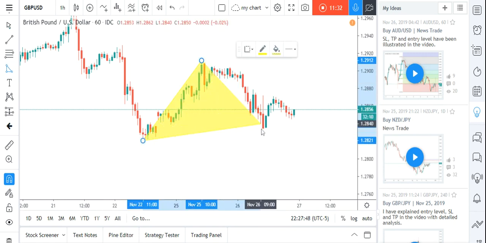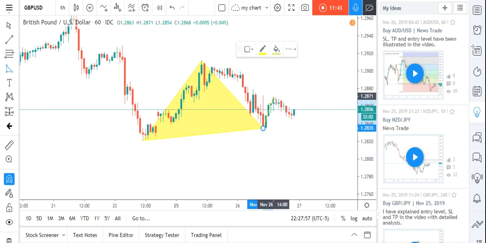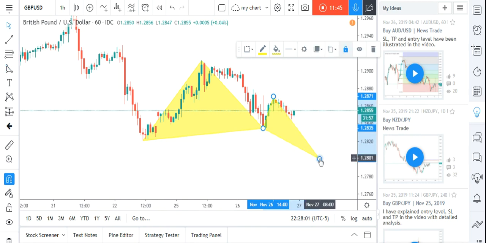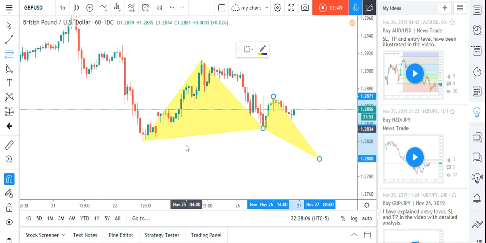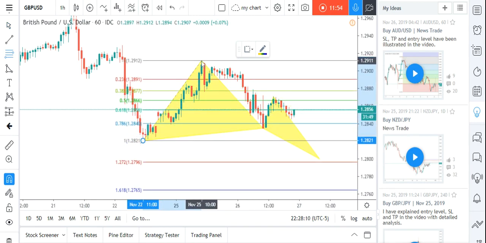This is the left side of the butterfly, the triangle, and the right side will be something like this. To understand the completion point, again I will take Fibonacci here and draw this. And this time this butterfly